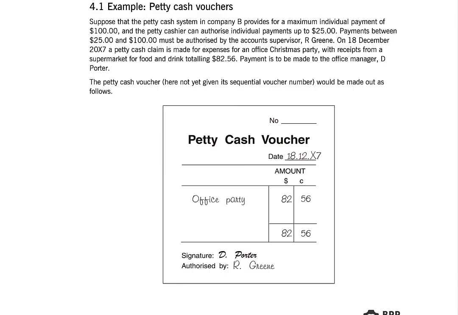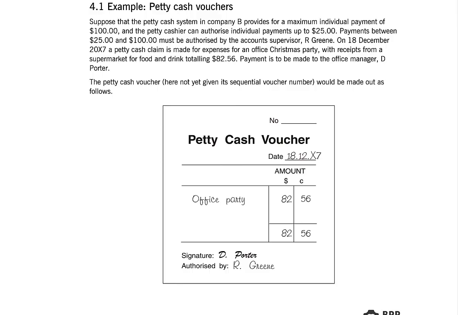Green. These rules exist for control and safety. They stop people from taking cash without permission. They also make sure the business pays only for real business expenses. Part 2. What happens in the story? On the 18th of December, year X7, there is a petty cash claim. The claim is for an office Christmas party expense. The receipts from the supermarket add up to